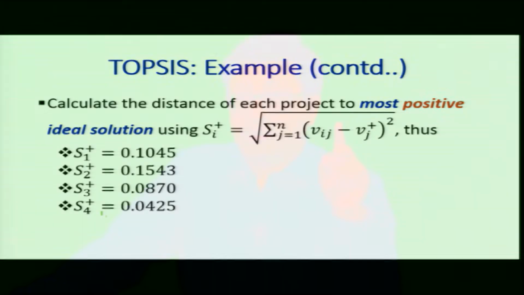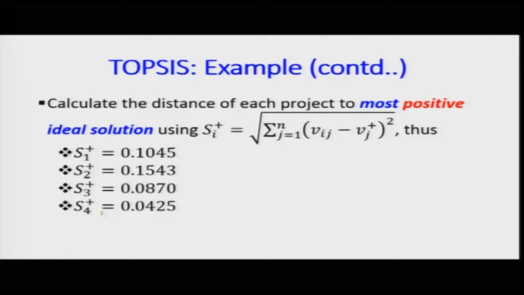And then I also mentioned that you can find out the mean for the positive distance and max for the negative distance. So, once you have that, you find out the most positive ideal solution and most negative ideal solutions, which are given